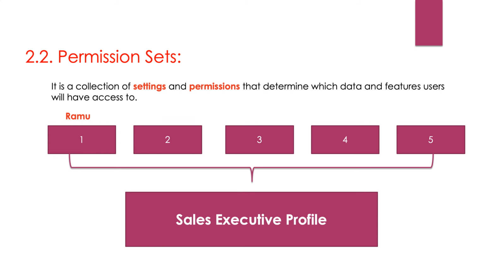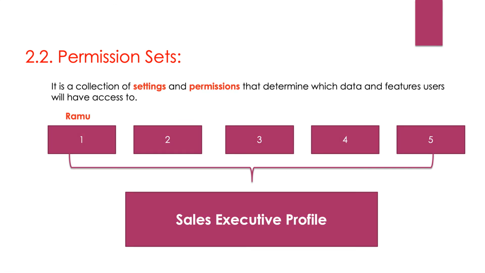So whenever you want to restrict access for the same group of users at the profile level, and you want to grant additional access to certain people among the group only, in that situation you will create a permission set and assign it to the required users who need some additional access for a certain time duration. After that time, you can take it back from them by just deleting a simple permission set record. You can grant additional access for some time, or for as long as your business requirement depends.